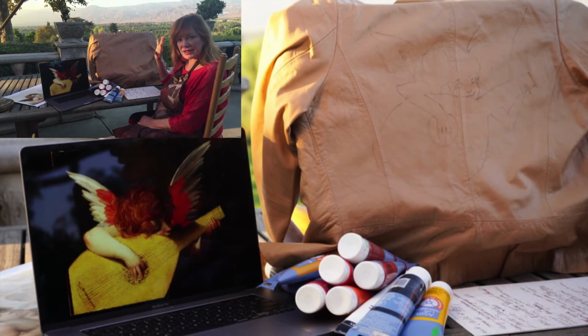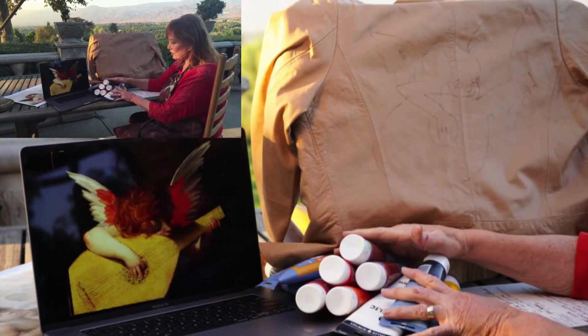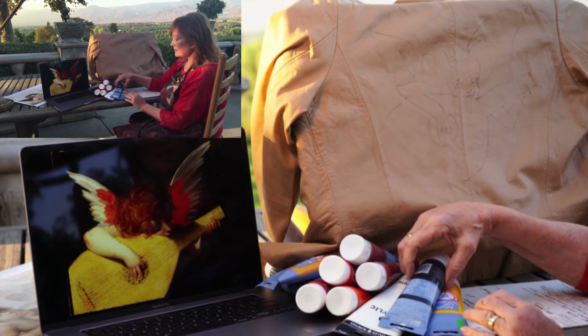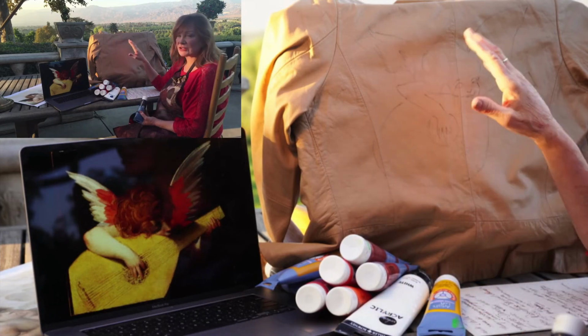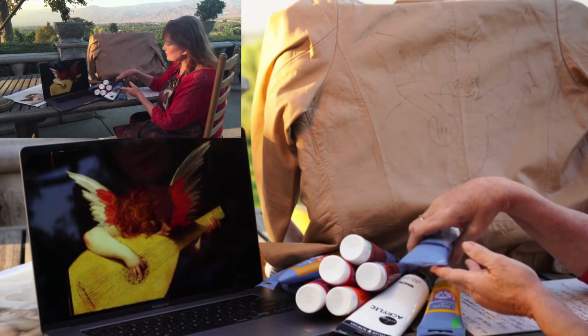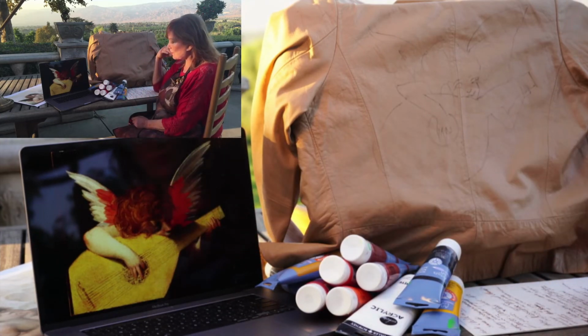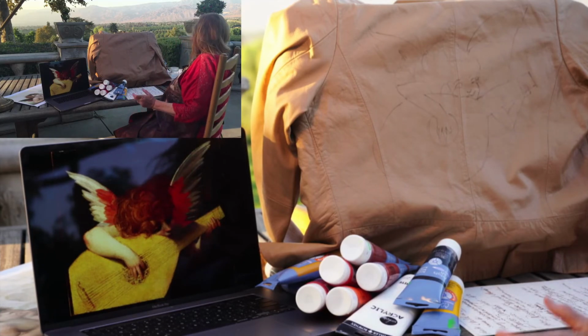You're going to want to have ahead of time a whole cluster of fall colors. This would be a very nice Christmas gift, but the colors in this cherub and guitar are all the fall colors. So on my palette,